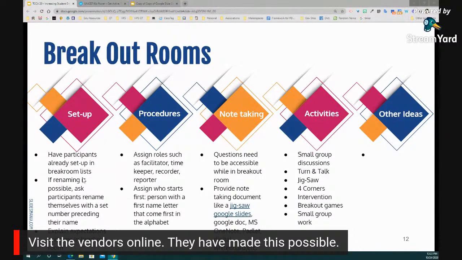Okay. And I shared some other ideas here on the slide, like you could use a whiteboard or Padlet, for those of you familiar with those. And then for activities, I've listed some ideas here, but I would love to get some other ideas too that you have used in your classroom settings that have been successful using breakout rooms. Let's share and learn from each other and get more ideas.